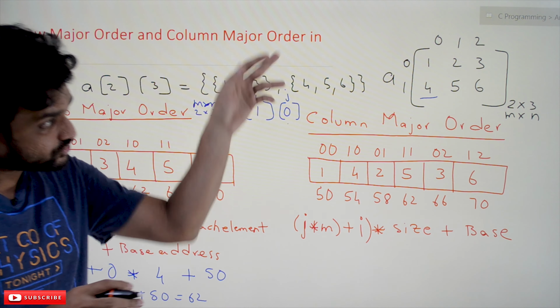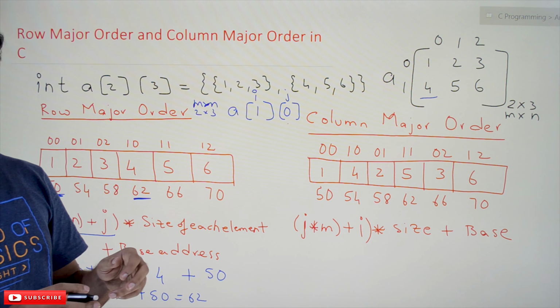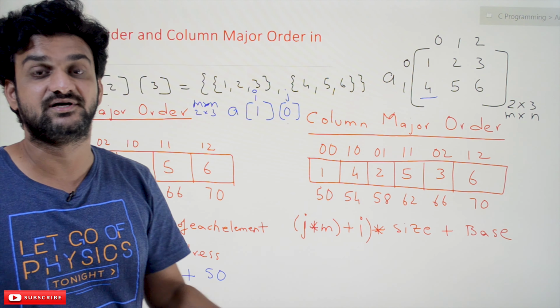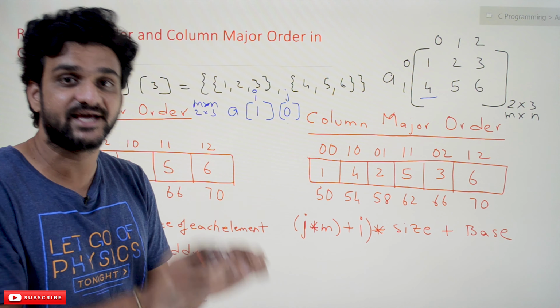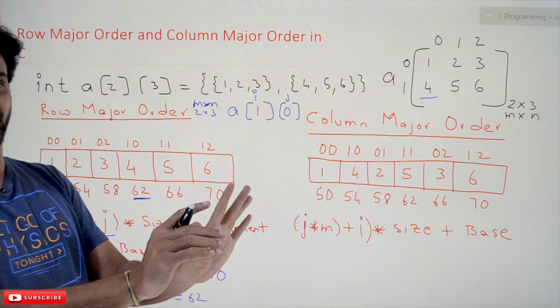Because it is row major order, I into 3, I into n, where n means the 3 columns, and I means the index. So with index 1, in order to come to this first row, we have to cross 3 columns. That point is very important to understand. I am stressing it again and again because it is a very important point.